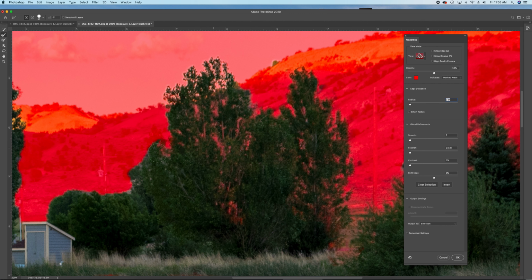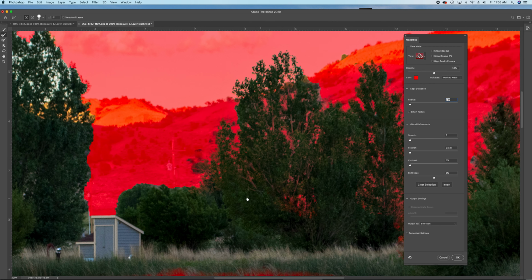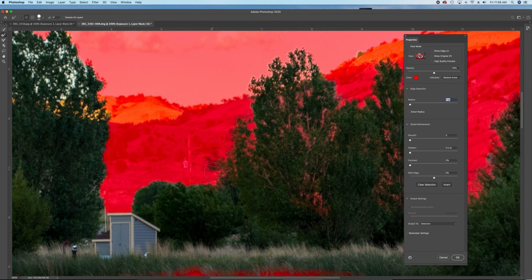So when you're editing pictures in Photoshop, your ultimate goal is to do it in such a way that it doesn't look photoshopped. And the biggest giveaway to a Photoshop job is when you do a bad selection. And Photoshop has over the years been trying to perfect this tool or versions of this tool, and it's gotten a lot better